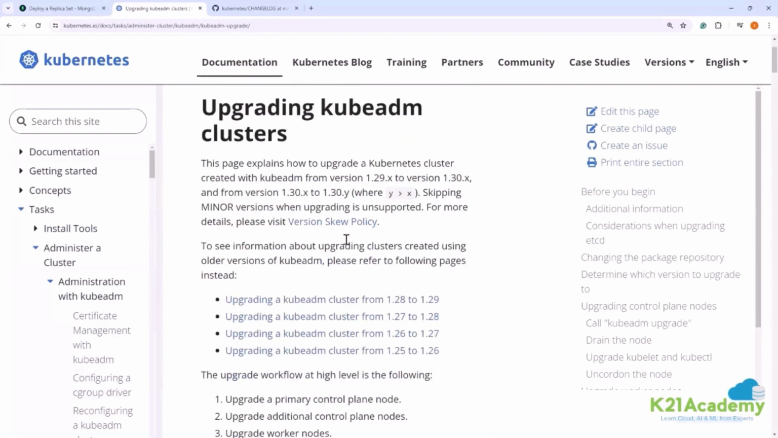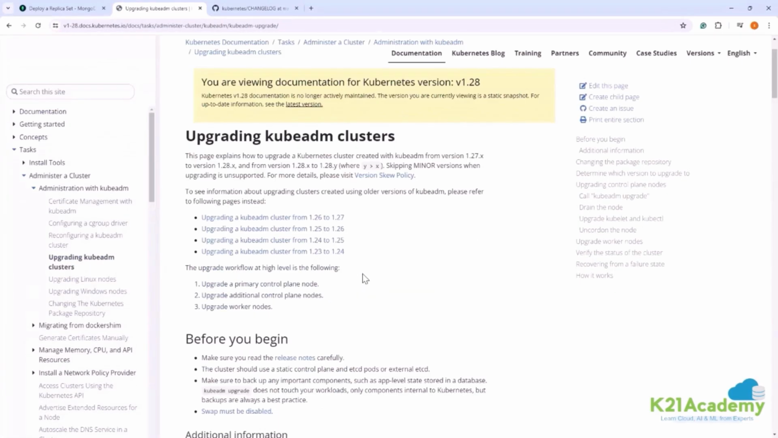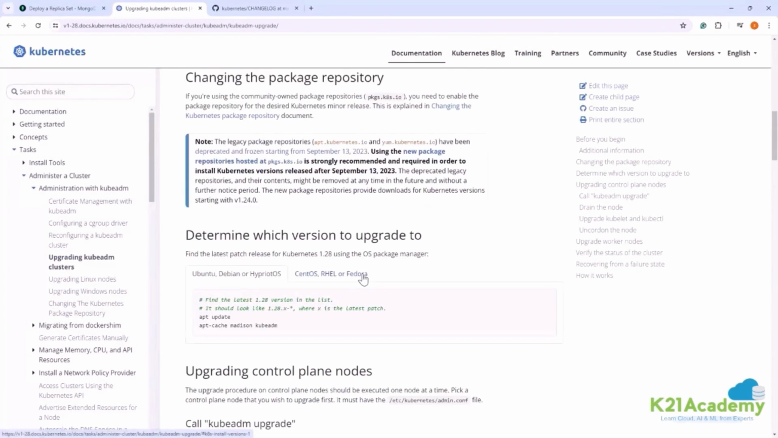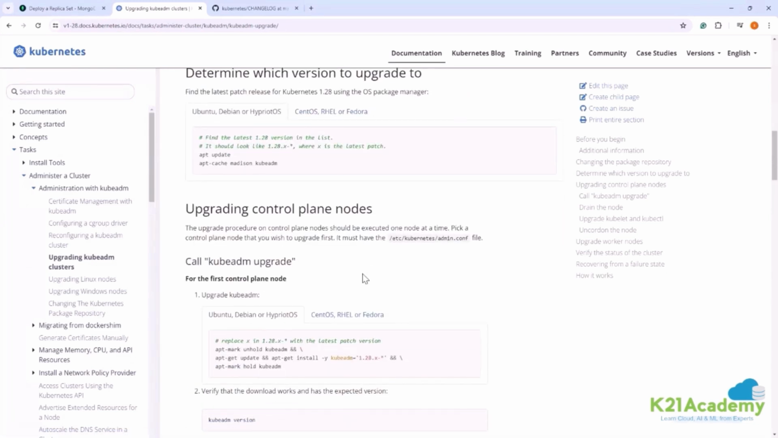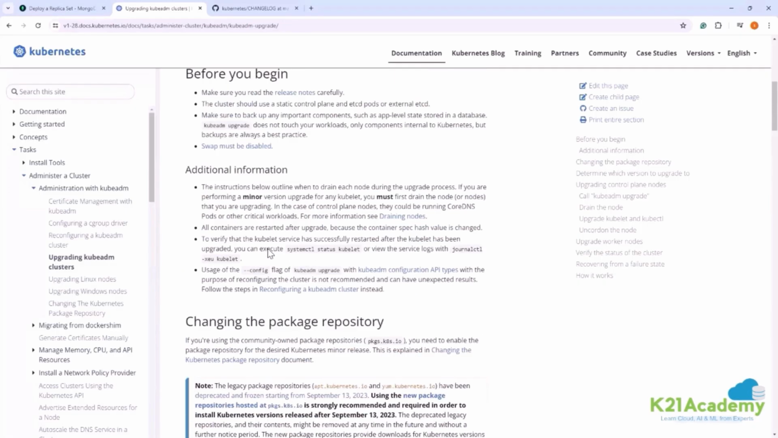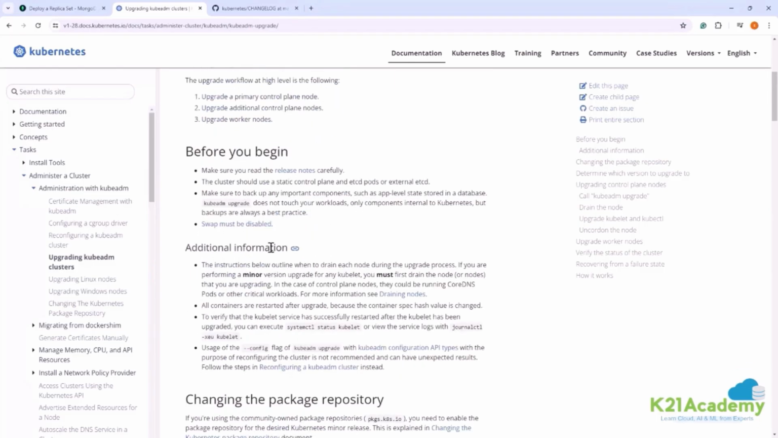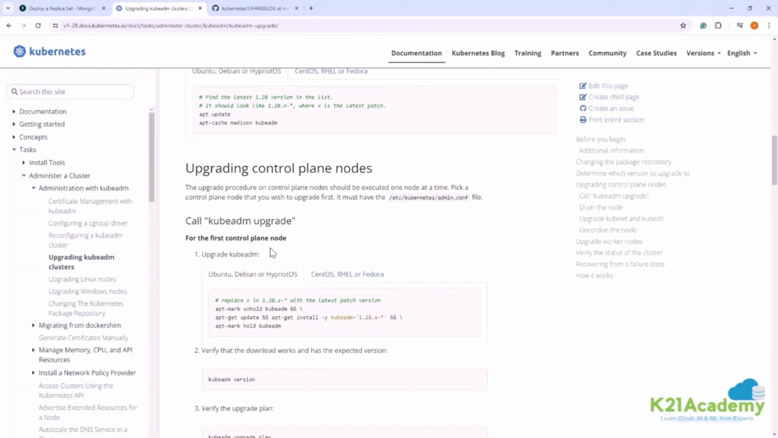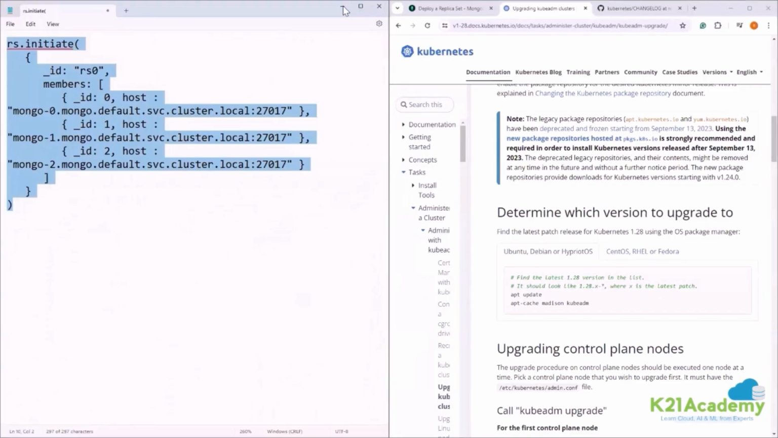We are running with 1.27. Let's learn how to migrate to 1.28. In our scenario, we first need to start upgrading our main control plane, the master node, and then go for the worker nodes. These are the commands given in the documentation, and I'm executing those commands